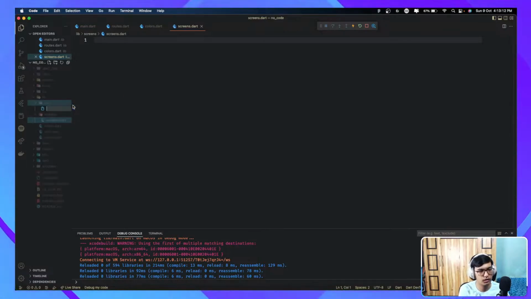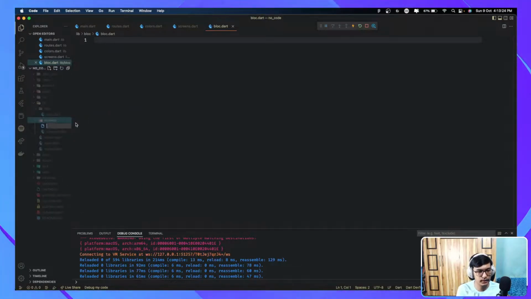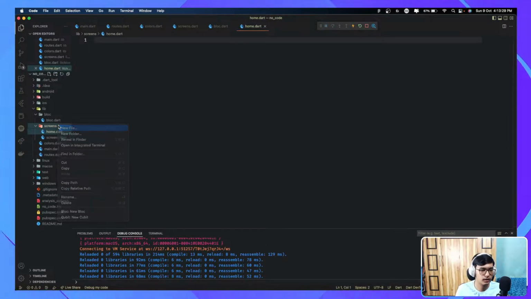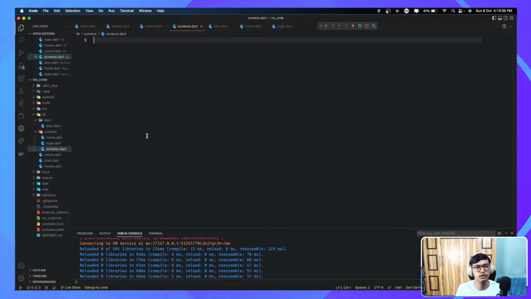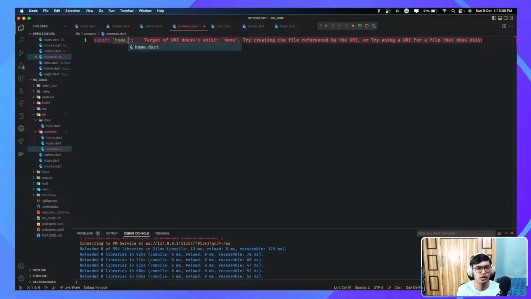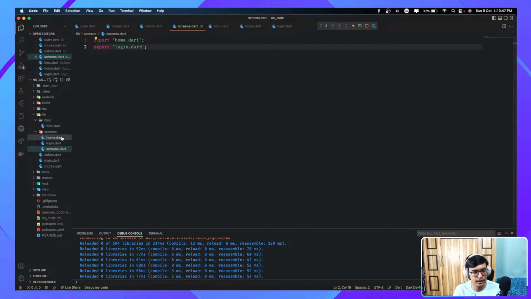If you don't know what a barrel file is, in short, it is a file which exports all of the other files of that specific directory. Let's say that I have a file called home.dart here, then login.dart. So what does a barrel file do? It will be exporting home.dart as well as login.dart. So in short, each and every file that's inside a directory will be exported in the barrel file. The advantage of doing this is